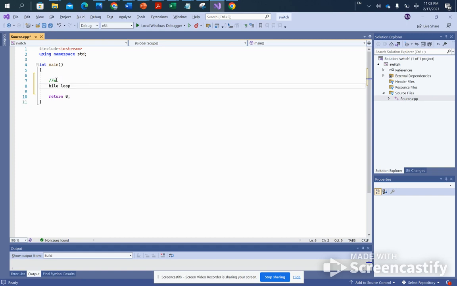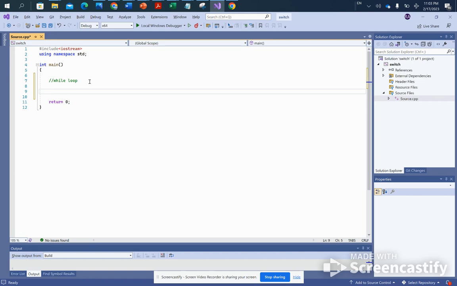Now, let's take a look at how we can create while loops and why we need them. Think about it this way. Sometimes as I write my code, I require a specific block of code to be repeated over and over and over again, right?